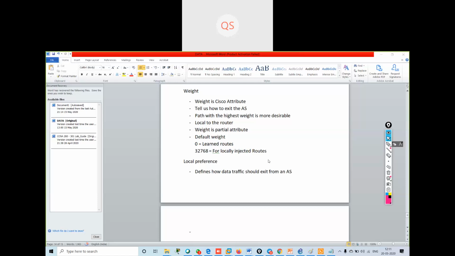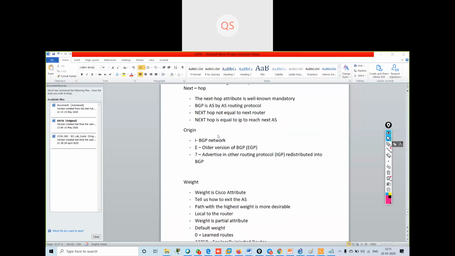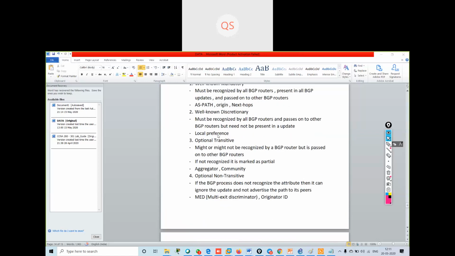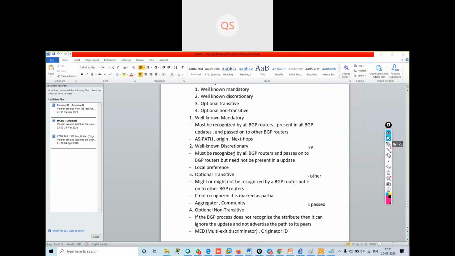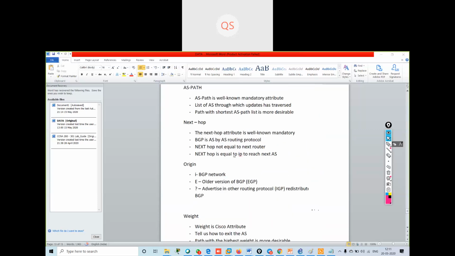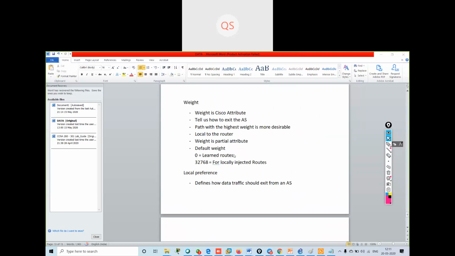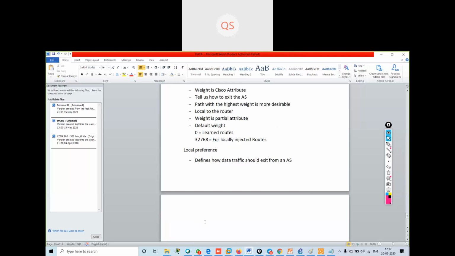All the other attributes which we have studied, the well known ones and the rest, you will find on all other devices, but the weight attribute is one that you will not find in any other vendor device. Got it?